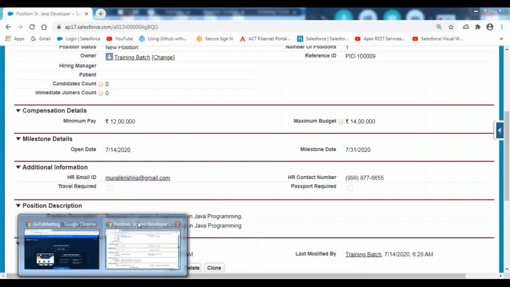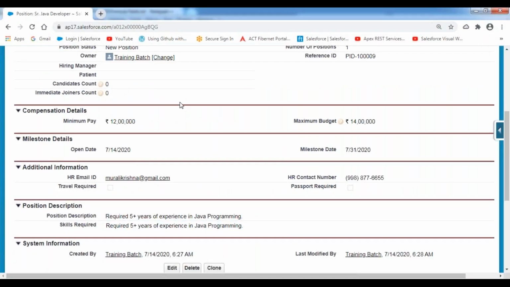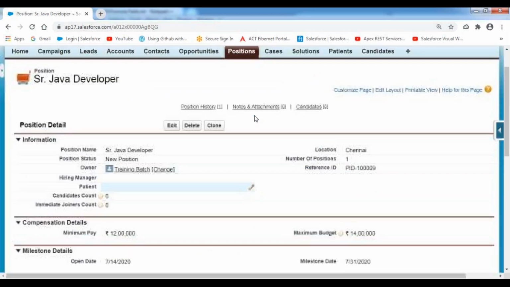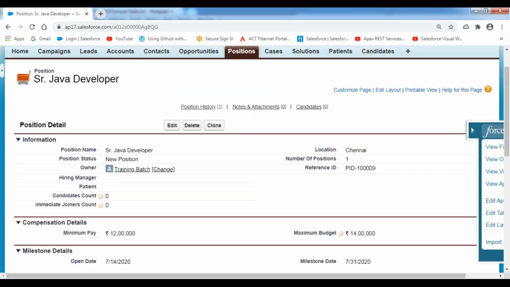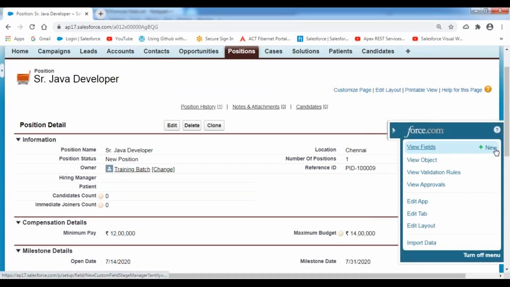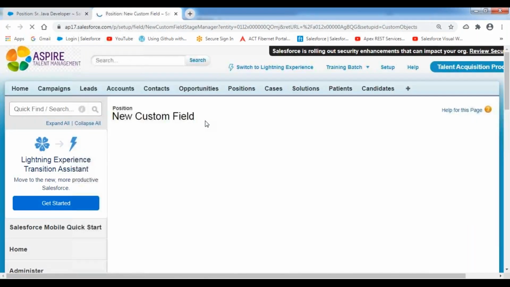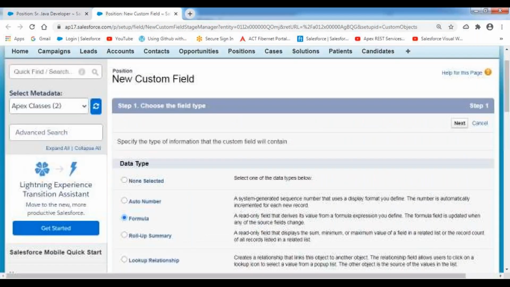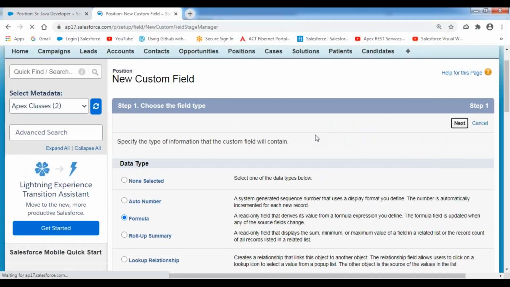Now let's see this practically. Let's go to the position record. Currently it is indicating that the open date is 7/14. Now I want to create a formula field here. Create a new field inside the position object by indicating the data type as formula. Click on the next button.